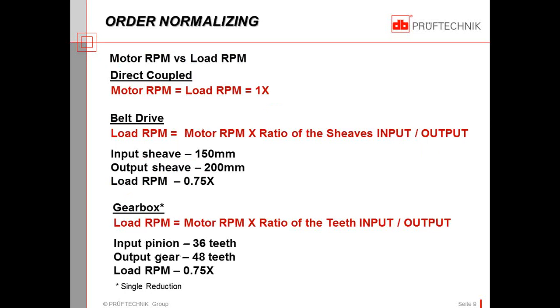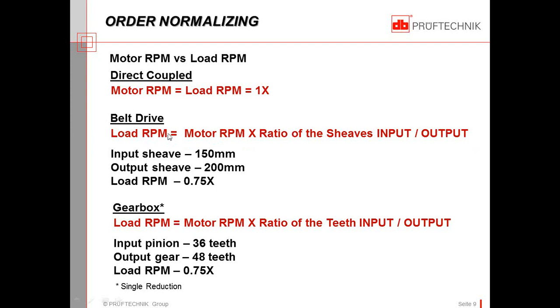But if it's belt driven or gear driven, then there's a quick little formula that we need to implement in order to derive the RPM of the load. And basically for belt driven equipment, it's reasonably straightforward. It's simply the motor RPM multiplied by the ratio of the sheave diameters. So we take the input sheave diameter divided by the output sheave diameter and multiply that by the motor RPM, and that gives us